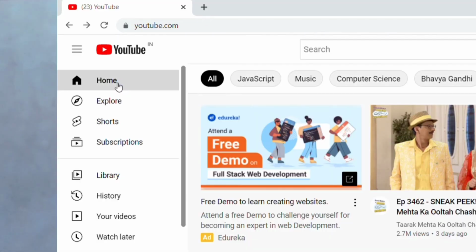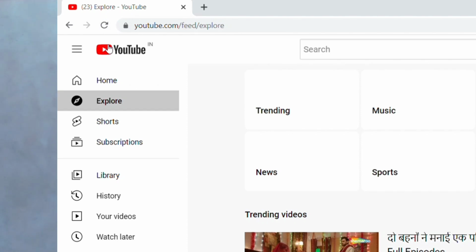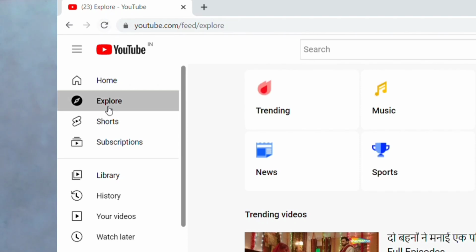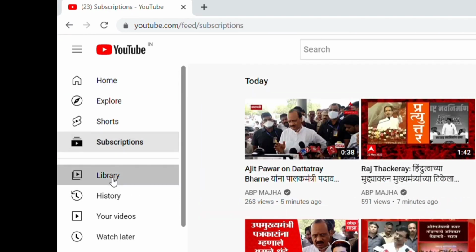Single page application means, if we visit www.youtube.com and I want to navigate from the home tab to the explore tab, there is a smooth navigation. Here the web browser is not refreshing, there is no loading of web pages, so you can see the smooth navigation between the different tabs. So that is called a single page.